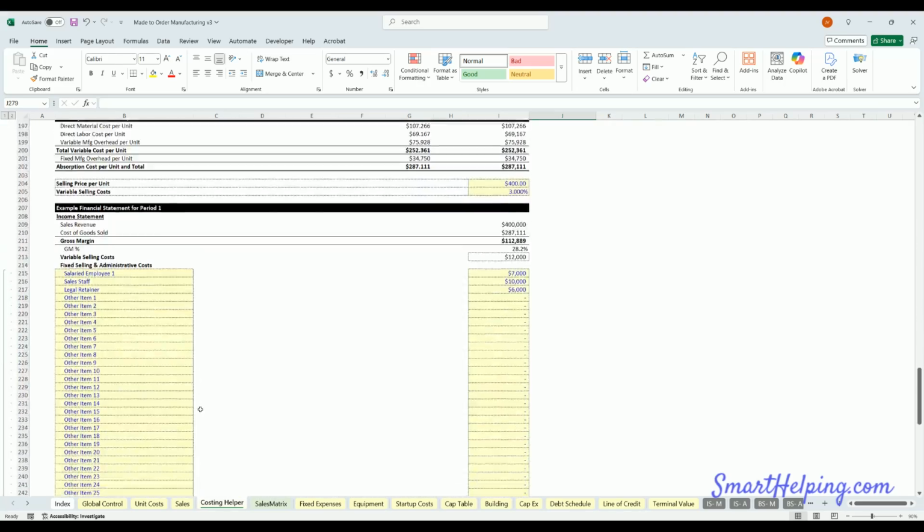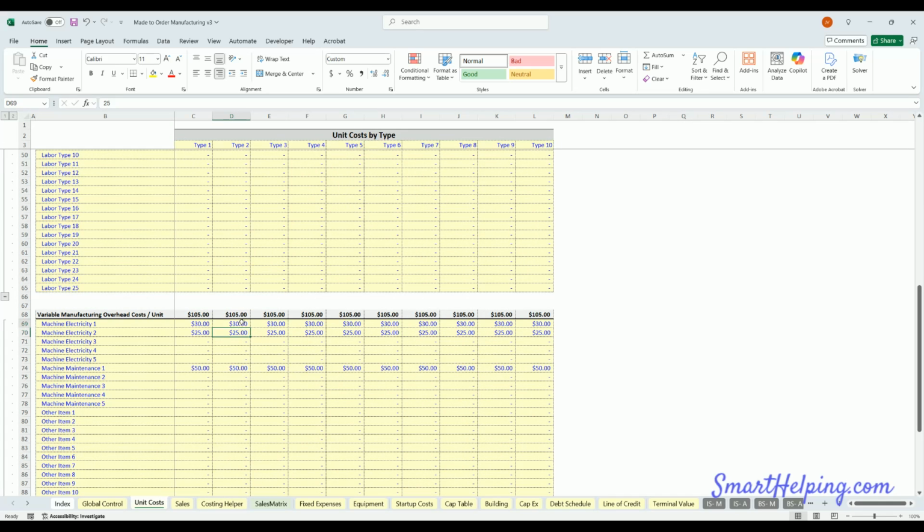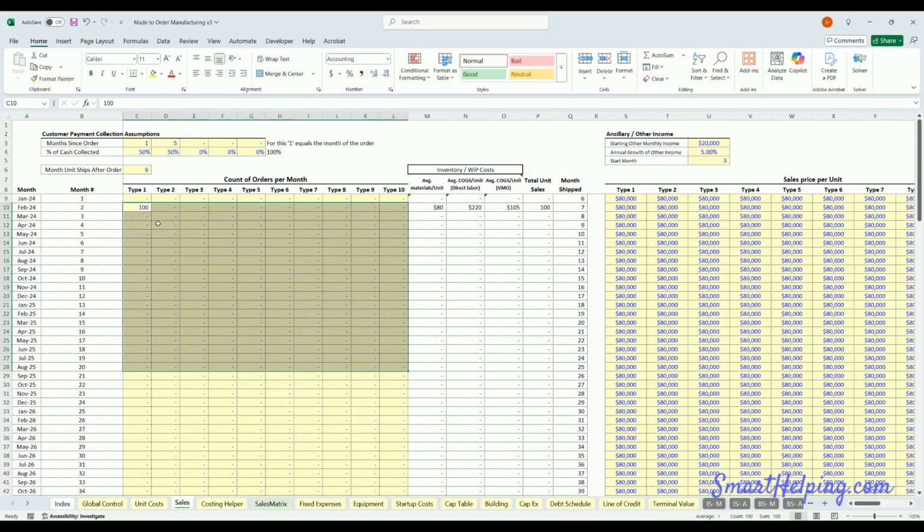There's a lot that goes into coming up with this number that you'll put in here, but the basic idea is, let's say you use 10,000 machine hours, and it costs you a certain amount of money, and you're able to produce a certain amount of units with that, so you can derive your cost per unit based on that. And then as you